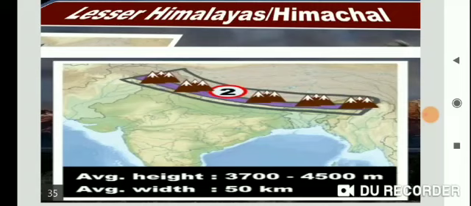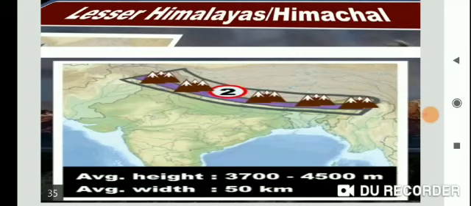It is composed of ranges like Pir Panjal, Dauladhar, and Mahabharat. The Pir Panjal is the longest and most important range, and they also contain valleys having well-known hill stations in areas like Kashmir, Kangra, Kullu in Himachal Pradesh, and Mussoorie,